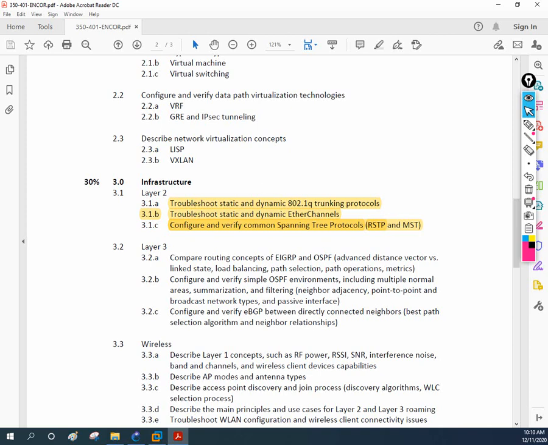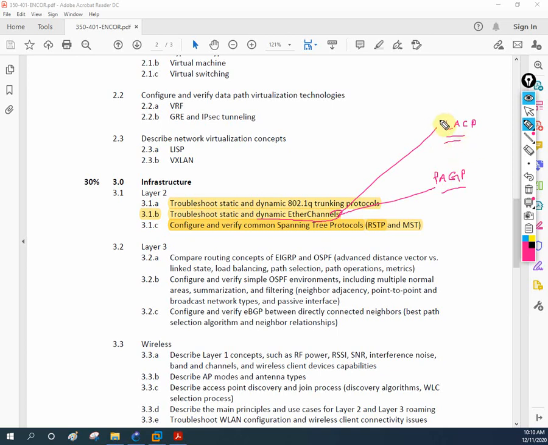If you remember, before we were discussing Ether channel, so in today's class also we are going to discuss Ether channel, but by using PAGP. If you remember, we have PAGP and LACP. We can use the LACP protocol to configure the Ether channel, or we can use the PAGP protocol. That is nothing but dynamic Ether channel. We can configure dynamic Ether channel by using two methods: LACP, and one more method, that is PAGP. So let's do the PAGP.